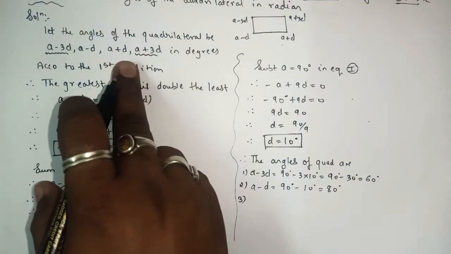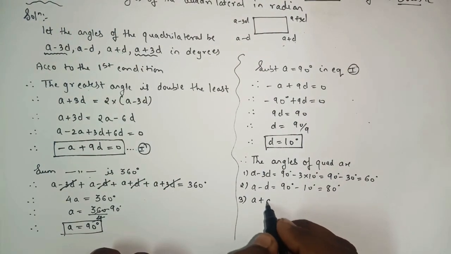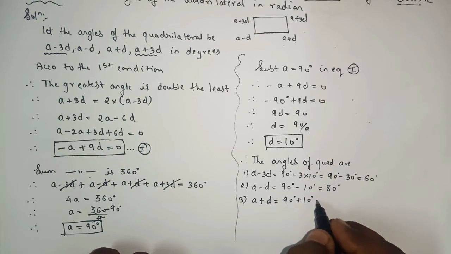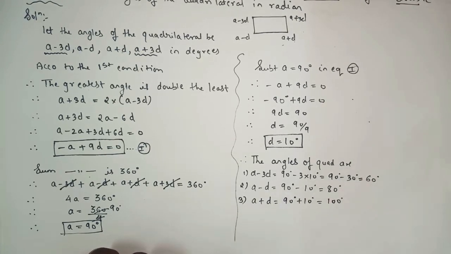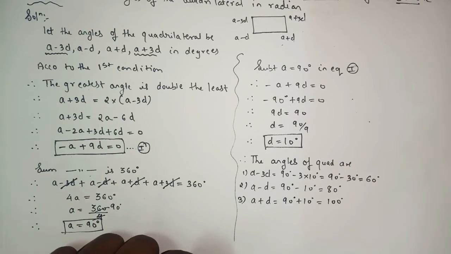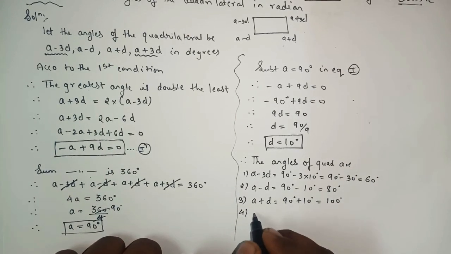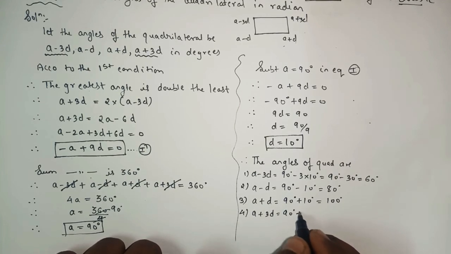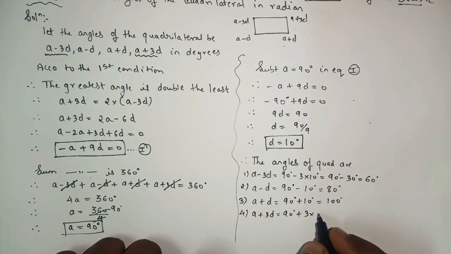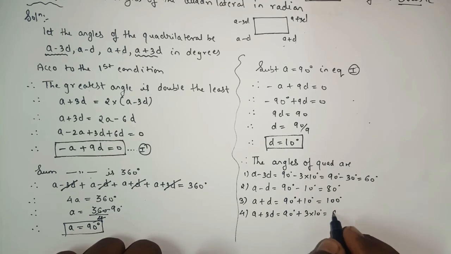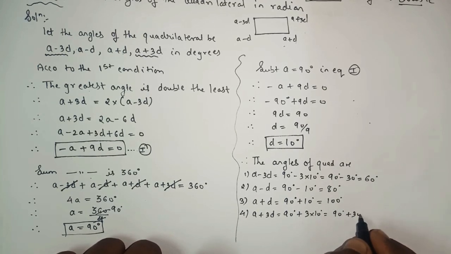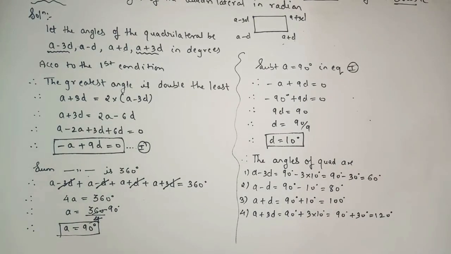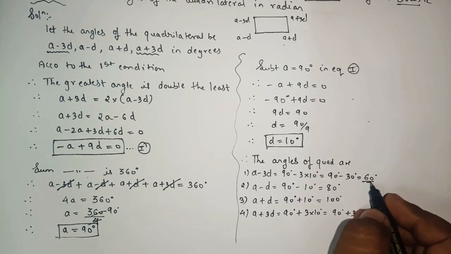The third angle is what? A plus d. So a is 90, d is 10. So here we got the third angle, that is 100. And the fourth angle is what? A plus 3d. So 90 plus 3 into 10. So 90 plus 30. So here we got 120 degree. So here we got the answer